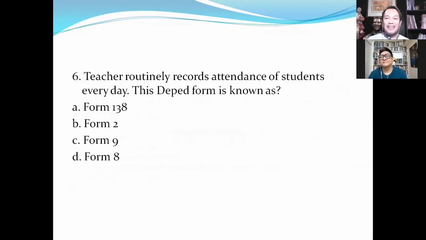Ito naman yung part ng ginagawa ng mga teachers, ano? Siyempre, as a teacher, you are not just, kumbaga, the source of instruction, or the deliverer of the lesson, but you also have mga paperwork that you have to submit and perform, and to work on. So, I'm sure familiar ka dyan. Inabutan mo yung panahon ng Form 138.